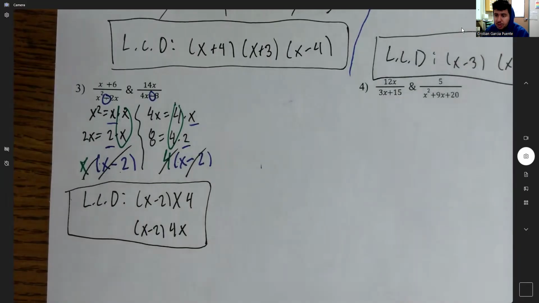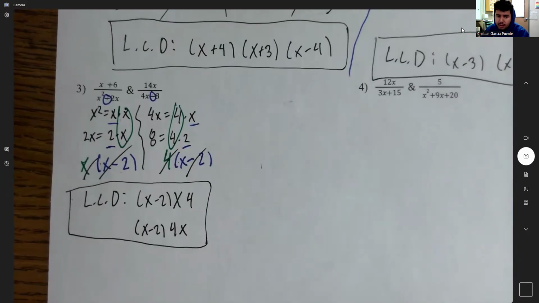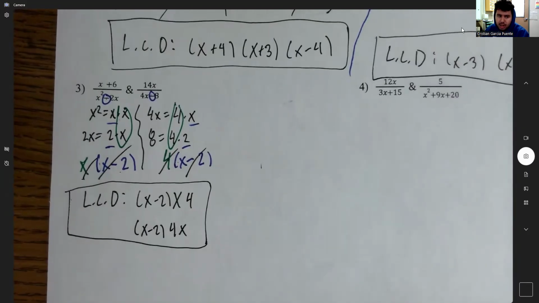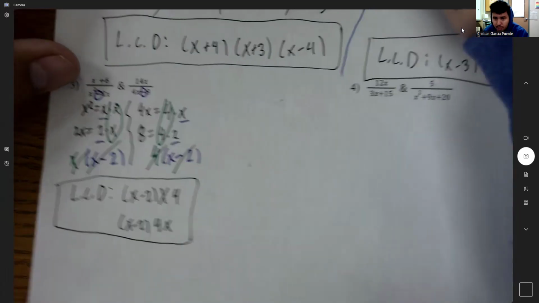And then that's it for number 3. Number 3 is a lot easier, and it's a lot nicer. It's how it is on the worksheet, I believe, for some of the questions. And then since we're done with number 3, we'll move on to number 4. So number 4,